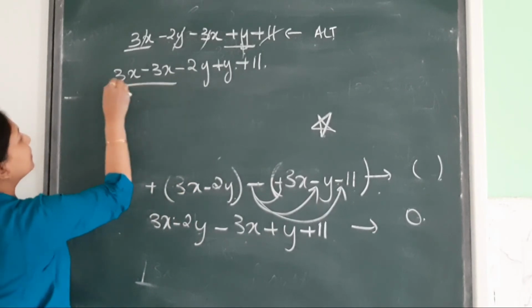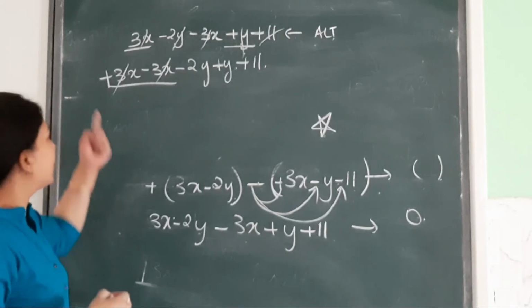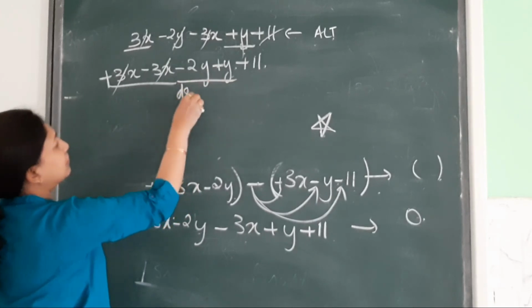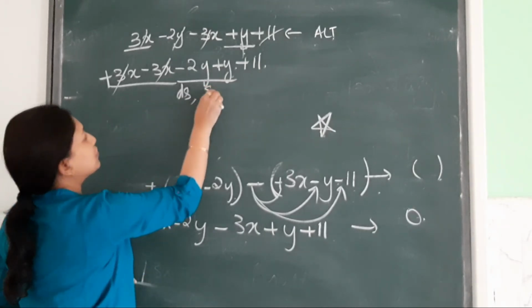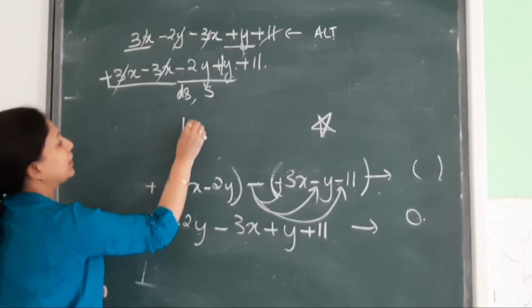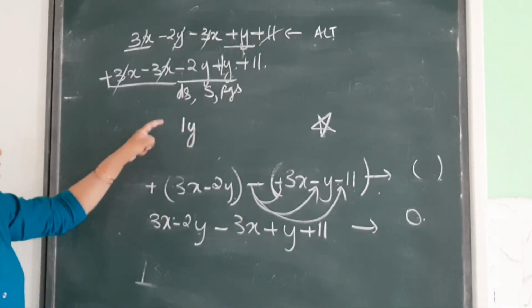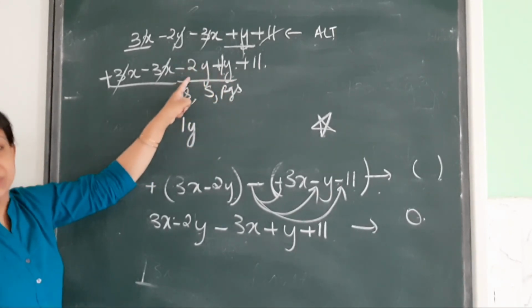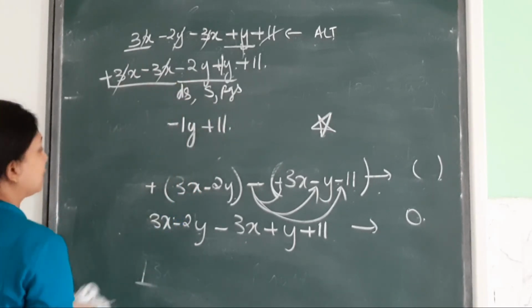Now let's check here, plus 3x and minus 3x, they will counter each other, they will fight. Same number with different sign, 0. Here you check, yes, here you have difference in sign. So when there is a difference in sign, law of addition says you subtract. So bigger number minus smaller, 2 minus 1, 1, write the variable. What about the sign? Which sign you will put? Put the sign of the greater number. Which number is greater? 2 is greater. 2 is having a minus sign, plus 11, and this is your answer.